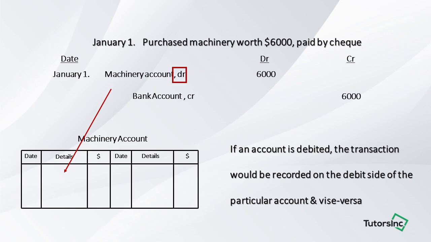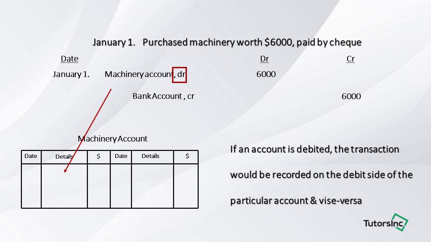Please keep in mind that if an account is debited in the journal, the transaction will also be recorded on the debit side of that particular account. I repeat, if an account is debited in the journal, the transaction will also be recorded on the debit side of that particular account. And by debit side, we refer to the left side of any T account. Since in this transaction, machinery account has been debited, we will record the transaction on the debit side of the